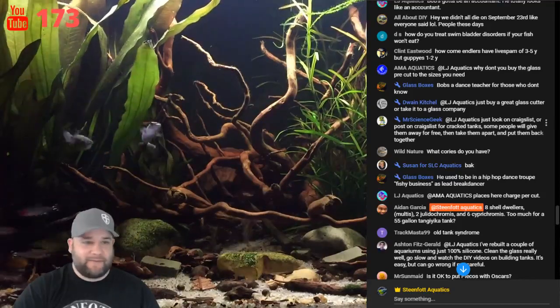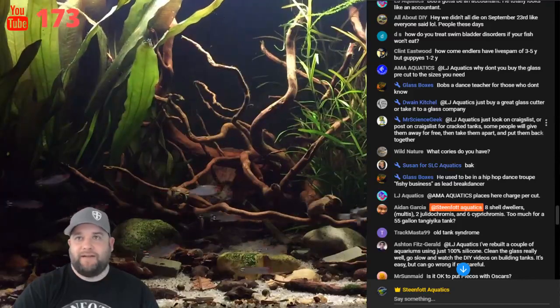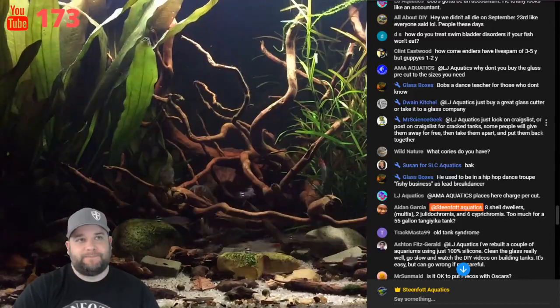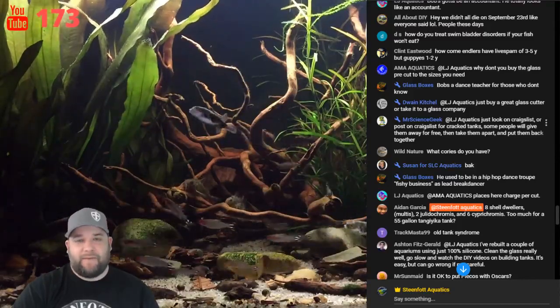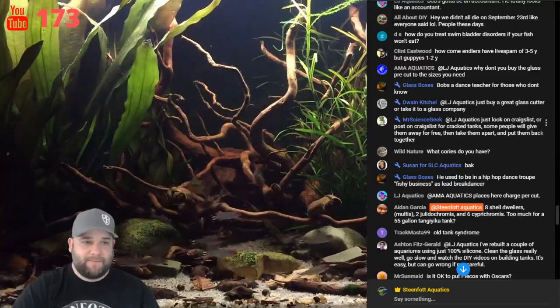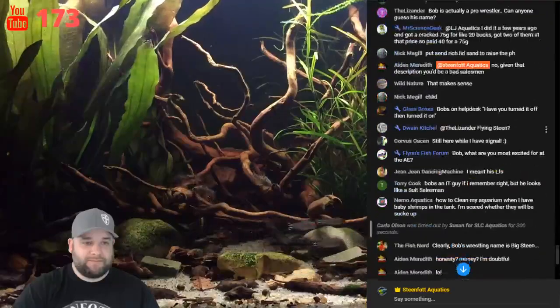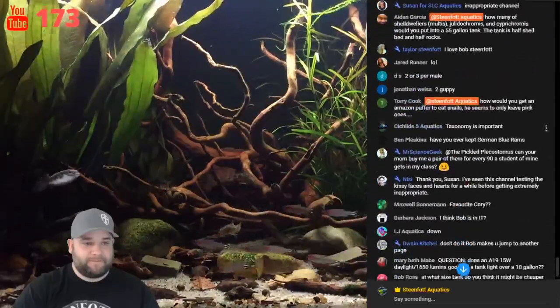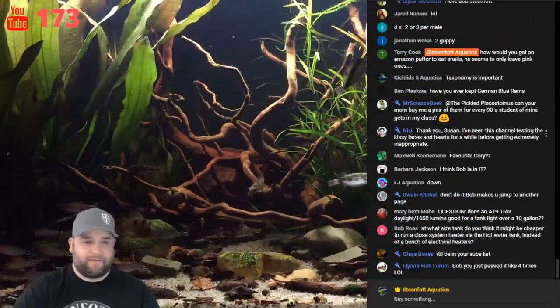Kudo Punctatus or something like that. It's the 6-ray Cory. And probably about 5 more that I don't remember. Oh, the Skunk Cory. I have Skunk Cories. And various more.